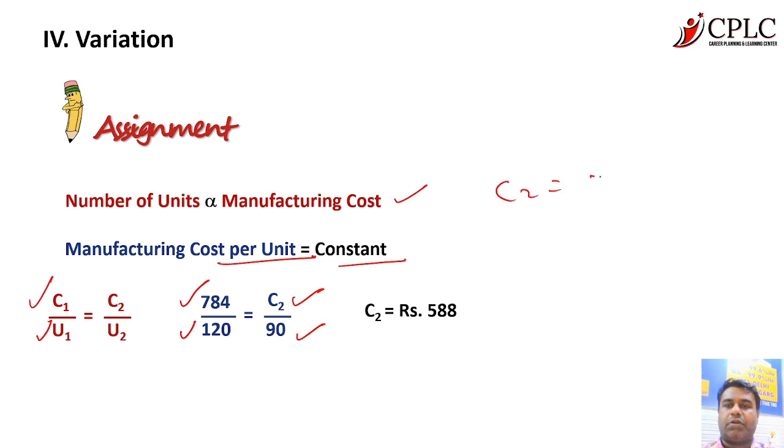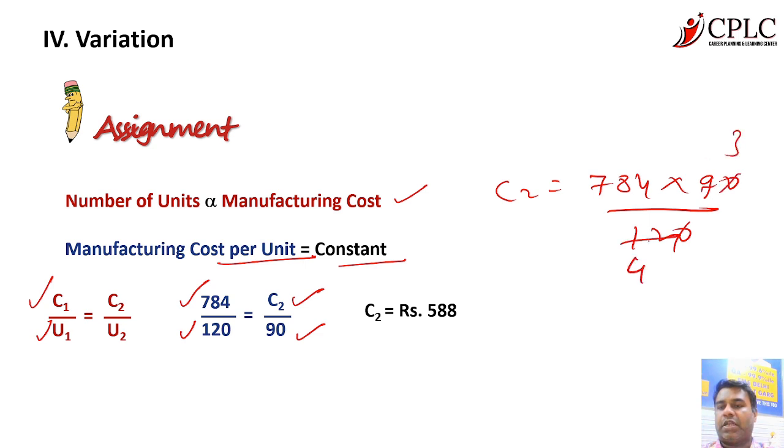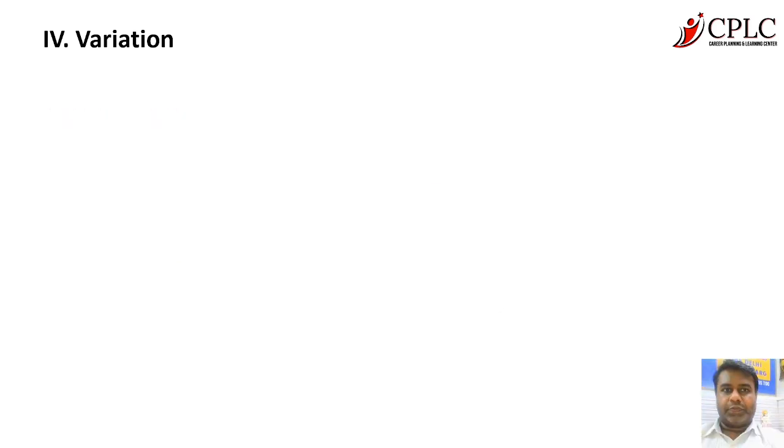So C2 is equal to 784 into 90 divided by 120. Now if I simplify this, the zeros cancel, 3 4s are 12, 3 3s are 9, 4 1s are 4, 38, 4 9s are 36, 4 6s are 24. So 196 into 3 will give you 588 as the answer. Okay. So now